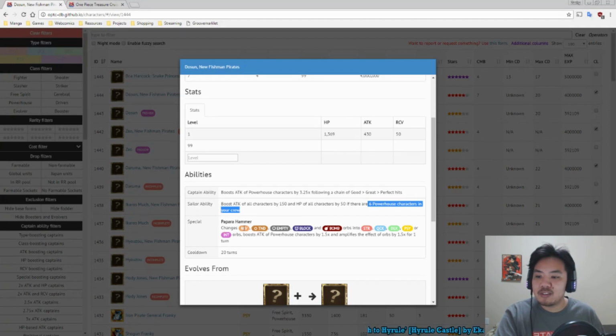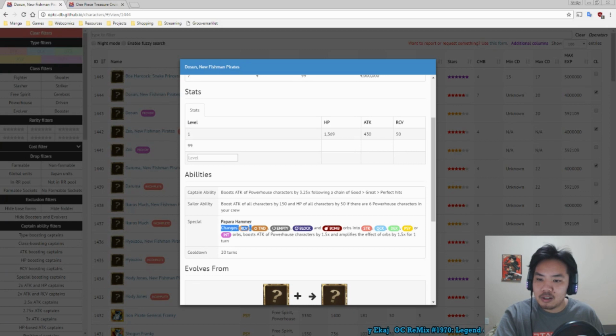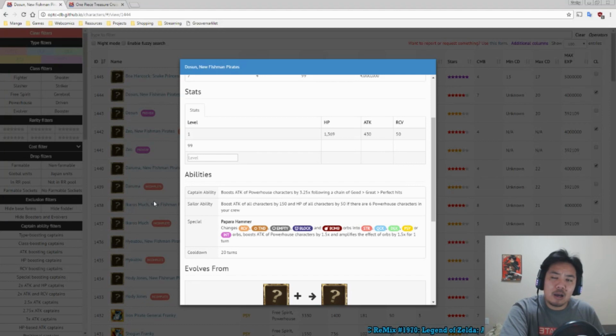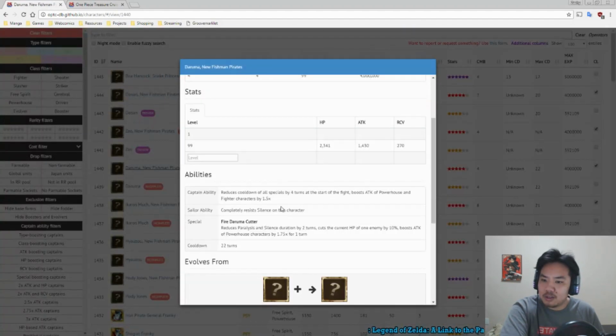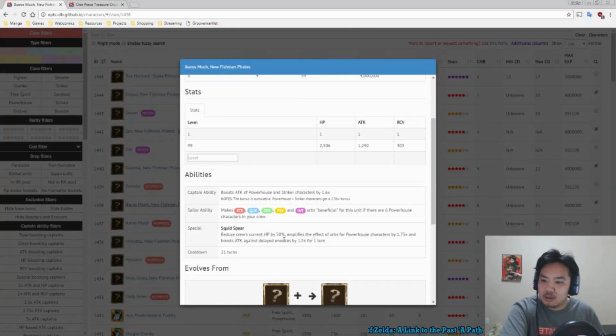His special ability changes Recovery, Tandem, Empty, Block, and Bomb Orbs, the same orbs that Kuma changes, into the primary colors. Also boosts the attack of Powerhouse by 1.5x and boosts Orb by 1.5x for 1 turn. Now this part you can actually probably skip over. Dosun doesn't work that well with the other guys because he gives you a weaker Powerhouse attack boost and a weaker Orb boost than, say, Daruma, who gives the 1.75 times attack, and Ikaros, who gives the 1.75 times orbs,